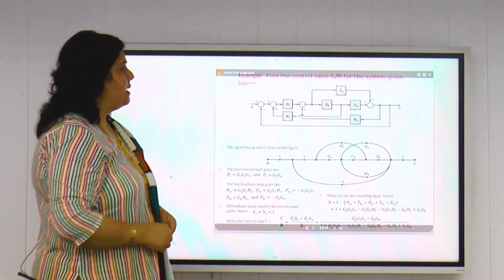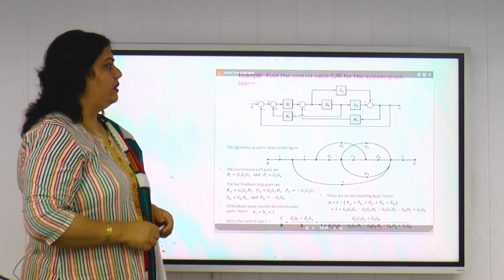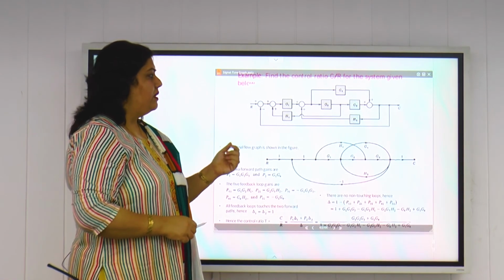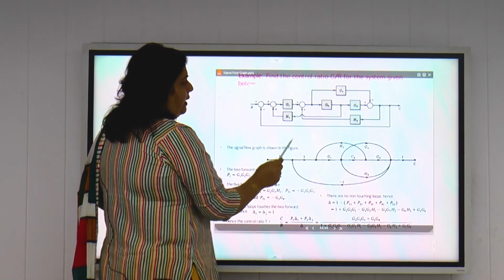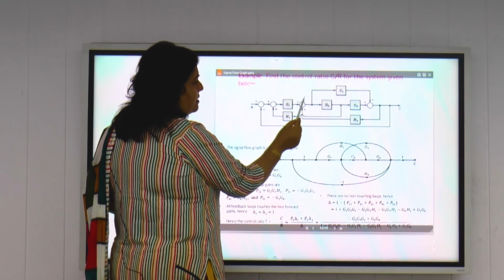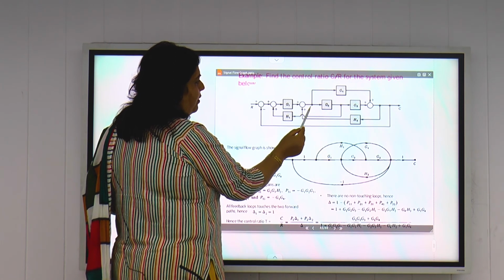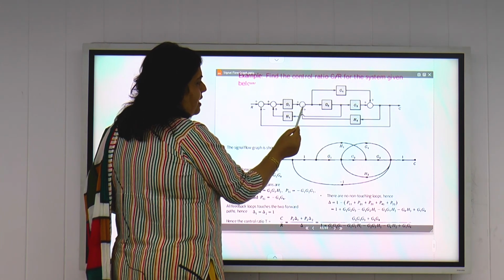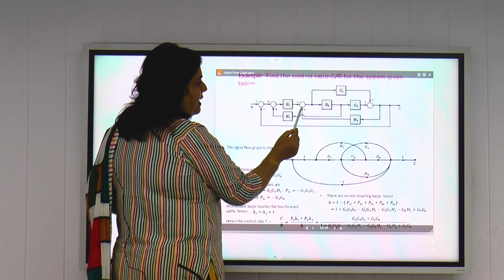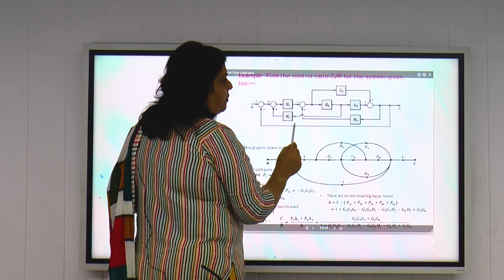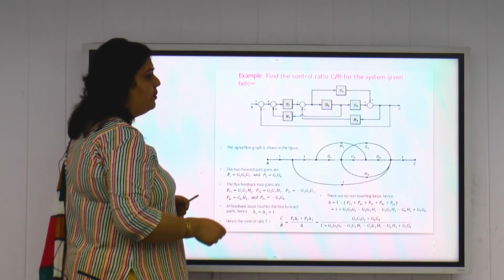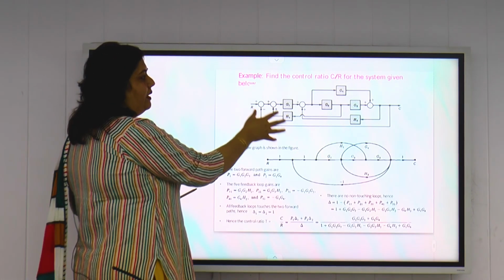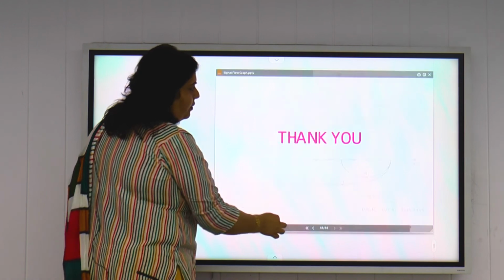This is another last example of how to find the control ratio of this block diagram. So we will represent each comparator with a separate node, and if the takeoff point comes just after the summing point, we will consider it as a single node. But if the takeoff point comes before a summing point, we will consider it as a separate node. This is the only condition we have to remember while converting a block diagram into a signal flow graph.